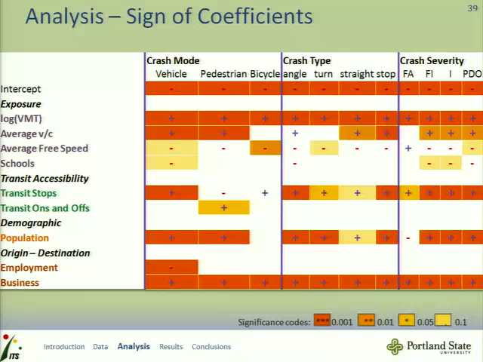Schools didn't really show up as significant, which is a little surprising. They were significant in the overall, but not with pedestrian, which is where you would expect to have more pedestrians around schools. Maybe it's a sign that people really obey school speed limits here in Portland, and therefore they slow down, which, you know, generally speed is a major factor in crashes, so slowing down would have a positive effect there. Transit stops were significant in many of the models.